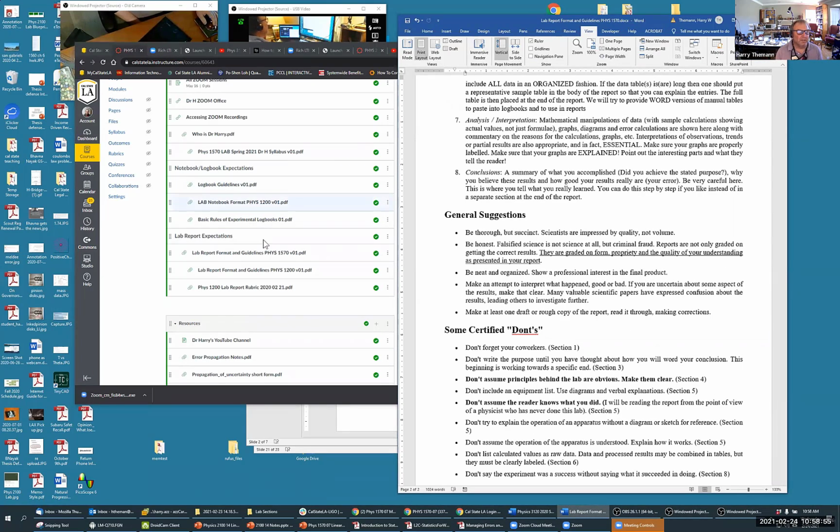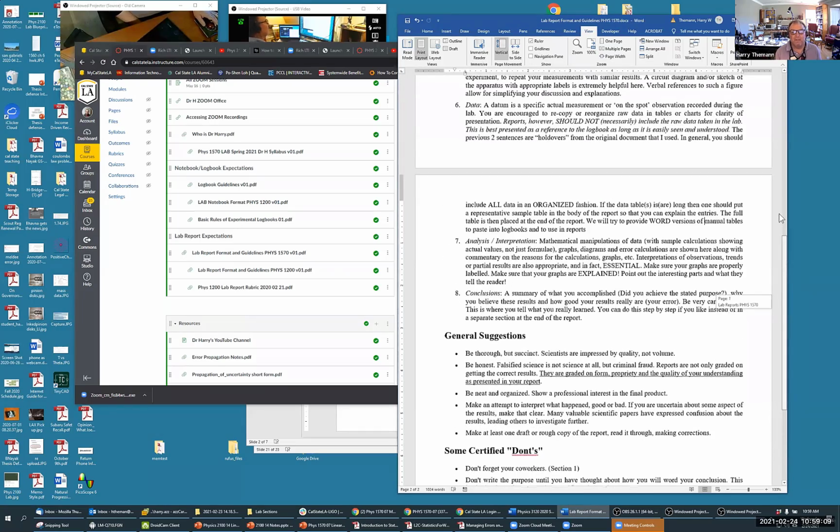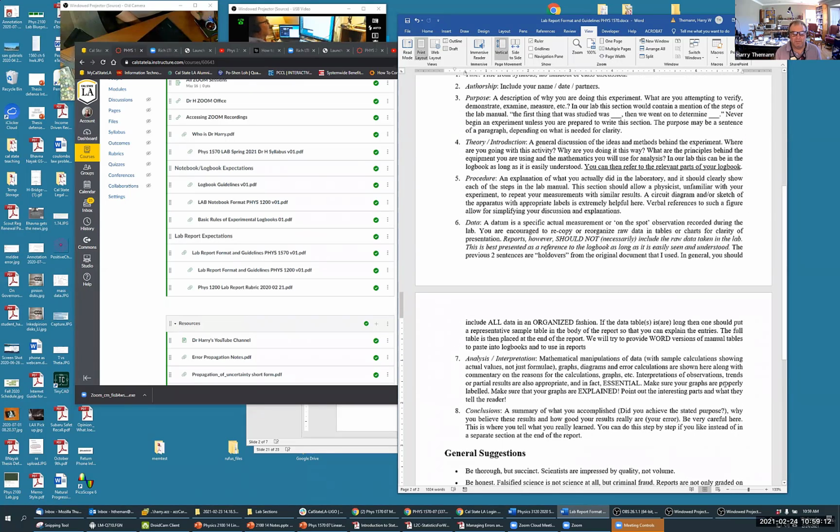As in one of these three logbook guidelines, to lend credence or to give weight to it, to show you that this is mainstream stuff. This report document I got from, I think, an engineering website, talking about how to keep logbooks and such. And I tried to catch everything, and I goofed a little bit here. It said you should not include the raw data. I since just added this word necessarily, so I suppose that shouldn't be in italics,